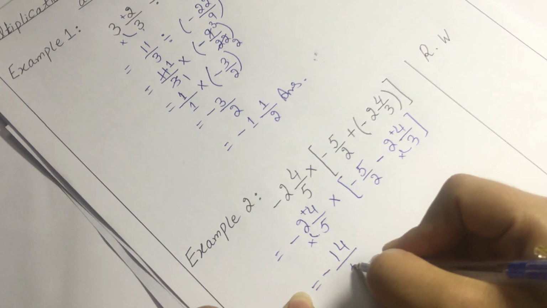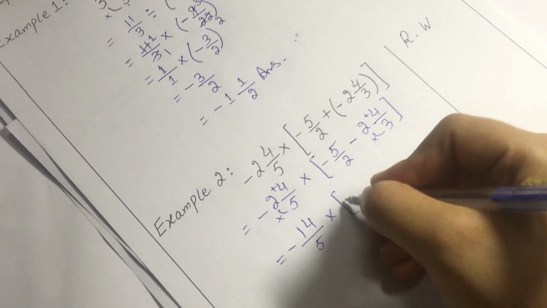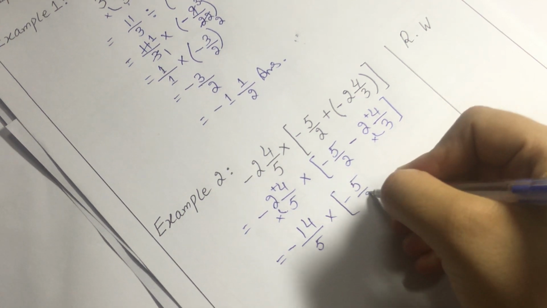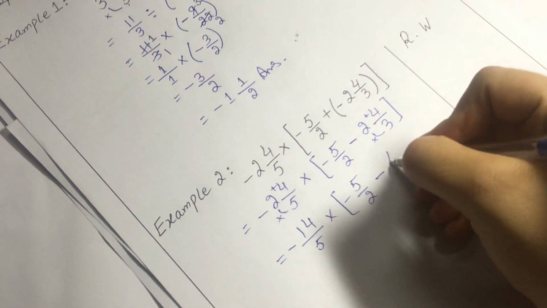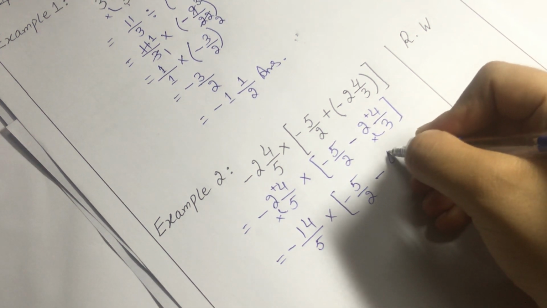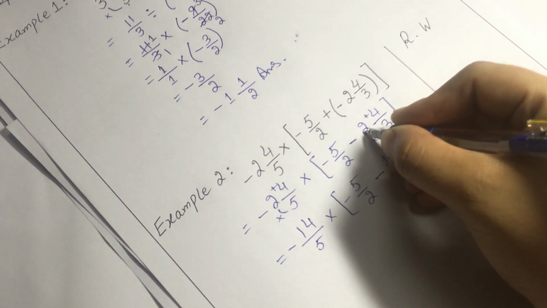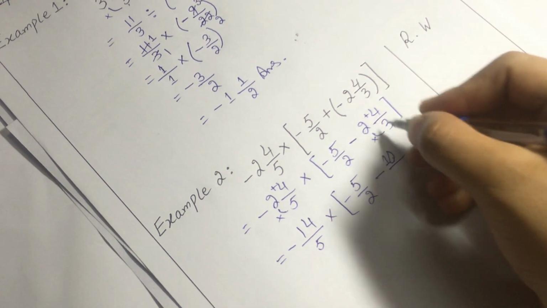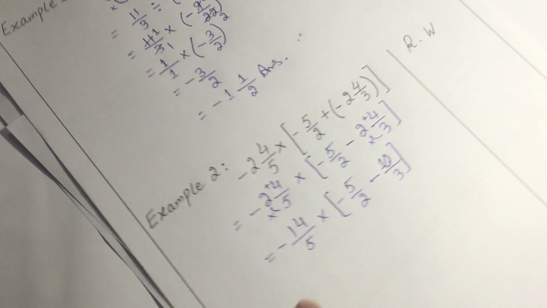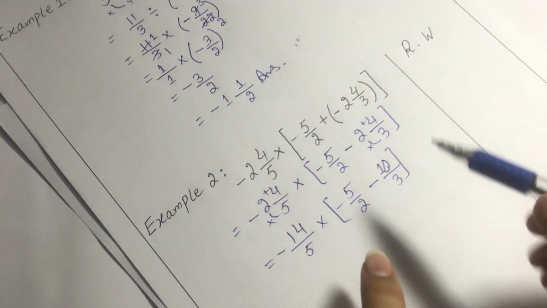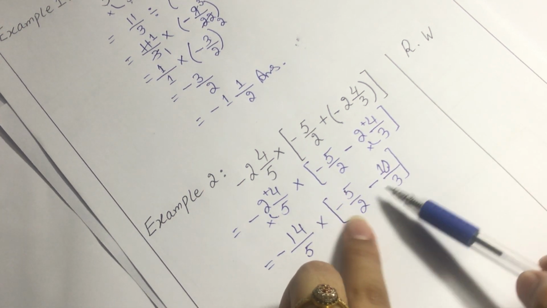Don't forget to write the negative sign, okay? Multiply negative 5 over 2 minus 3. 2 3s are 6 and 6 plus 4 is 10. 6 plus 4, 2 3s are 6, 6 plus 4, 10 over 3, right? 10 over 3. Now we have to solve the square bracket first, and in the square bracket you can see